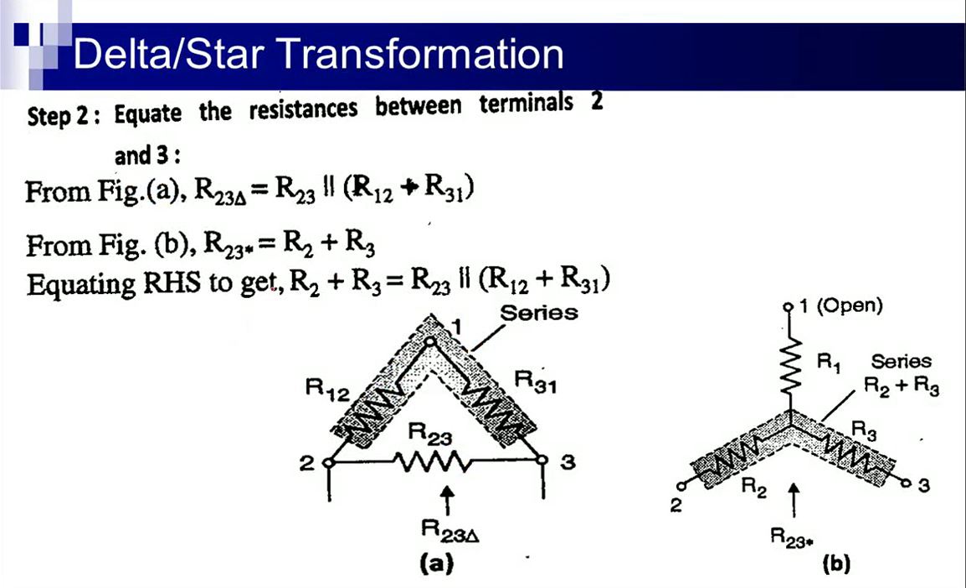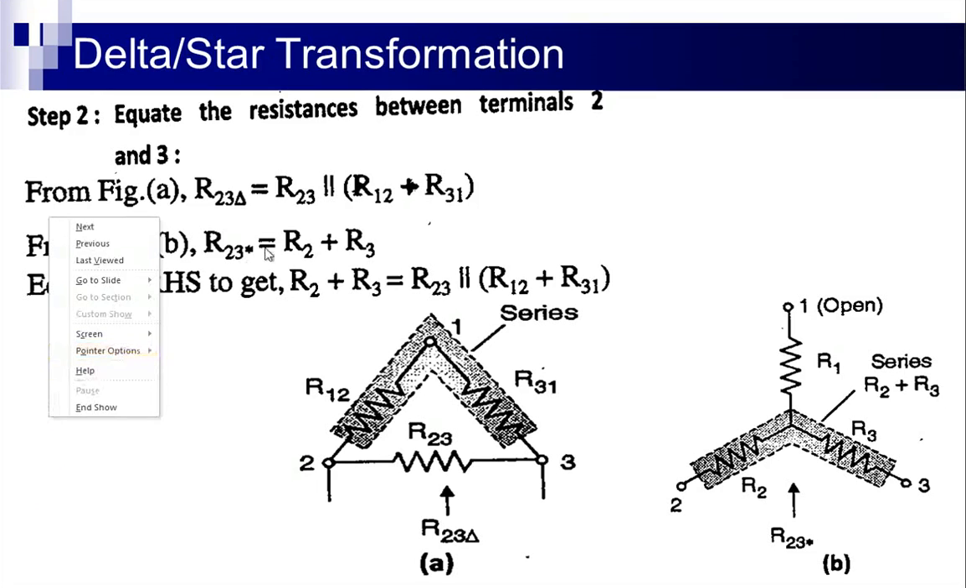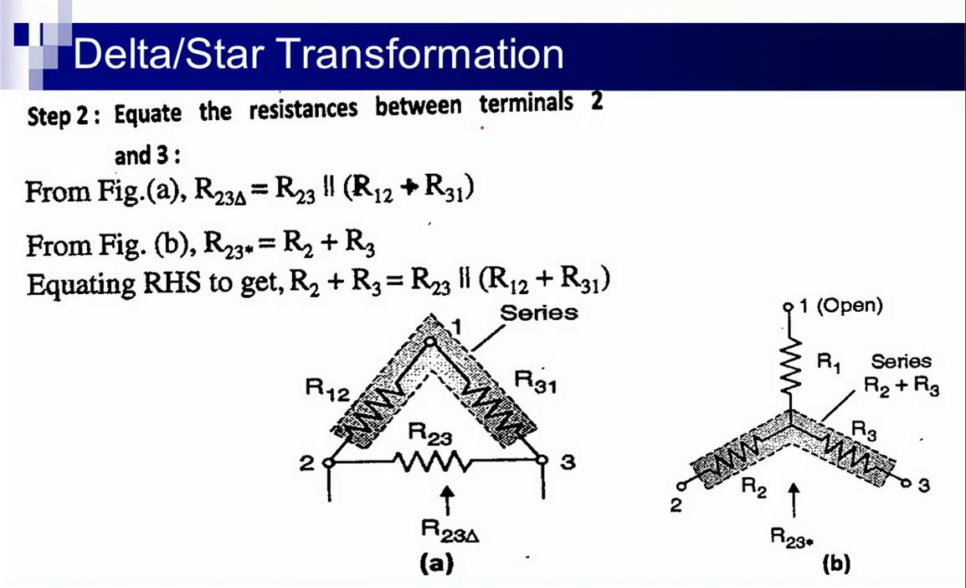Similarly, equate the resistance between terminals 2 and 3. Now see, this is 2 and 3. That means we have to give supply to terminals 2 and 3, keeping terminal 1 open. No supply is connected to terminal number 1. Hence,